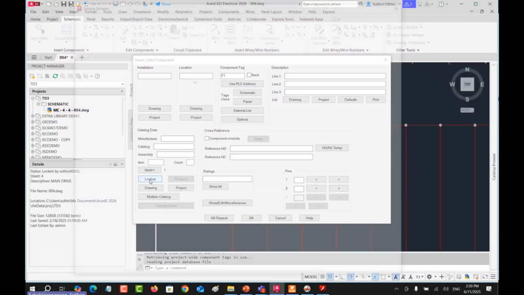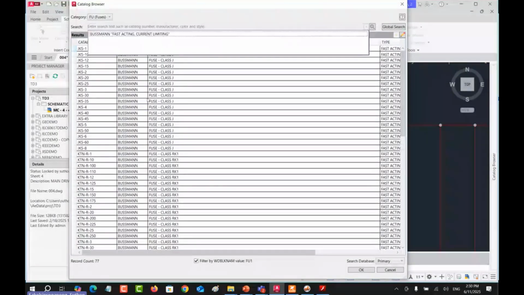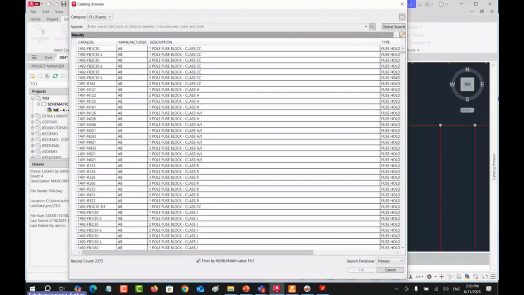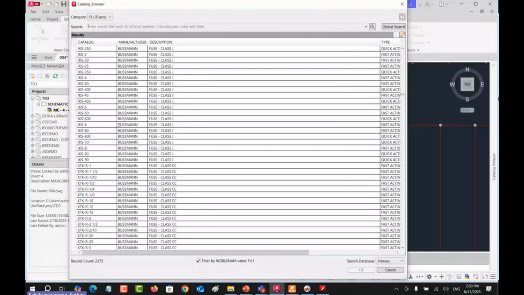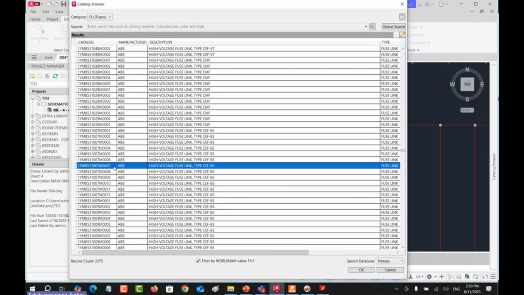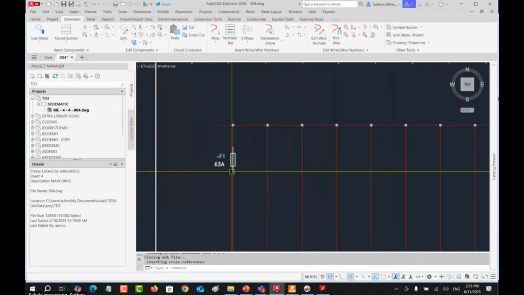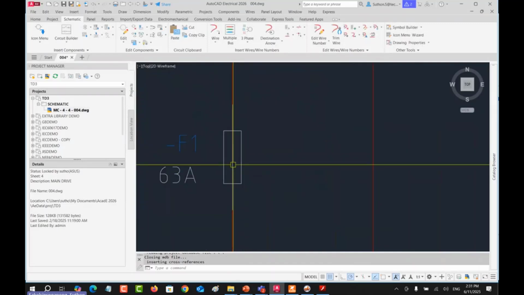And then you can look up to see the manufacturer of this fuse. It has the database for you for many manufacturers. For example, Bussmann, ABB here. For example, I use this one as the manufacturer for this fuse.